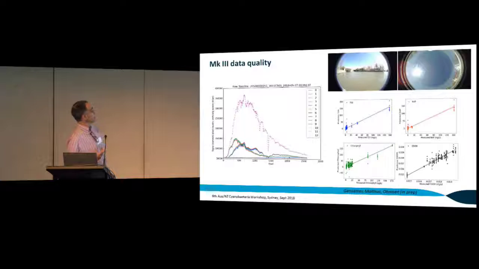This shows the quality of that Jerrabomberra system. We see the 3 inputs. So there are 8 inputs essentially in that diagram there, and you can see the quality in terms of signal to noise that's